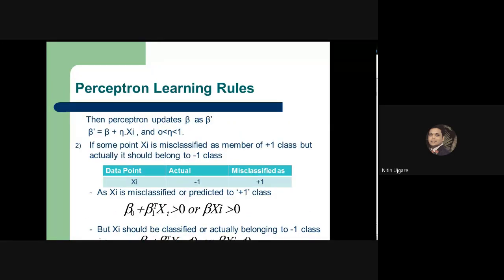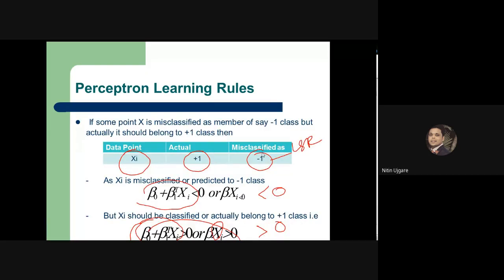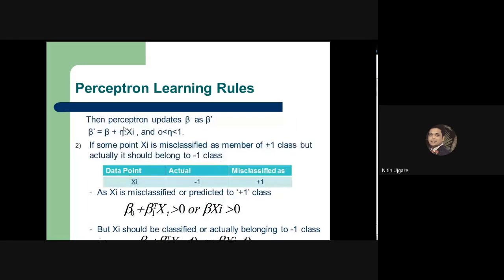So how does the perceptron update the weight? As I mentioned, the perceptron uses the perceptron learning rule to update the weight vector. What is the learning parameter? Eta, or n, is called the learning parameter. How will the weight be updated for the instance which is misclassified to the negative class? We are going to increase the weight, that is the coefficient vector beta or weight vector beta.